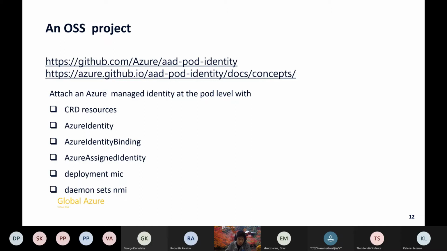The Azure identity binding will bind that identity to the pod that we want to use, and the user assigned identity will be the resulting object once the pod is successfully associated with an identity. We'll try to display that on a schema afterward. Then we have some more classical objects in terms of Kubernetes. We have a deployment and a daemon set. The first deployment is called MIC for Managed Identity Controller, and the second daemon set is called NMI for Node